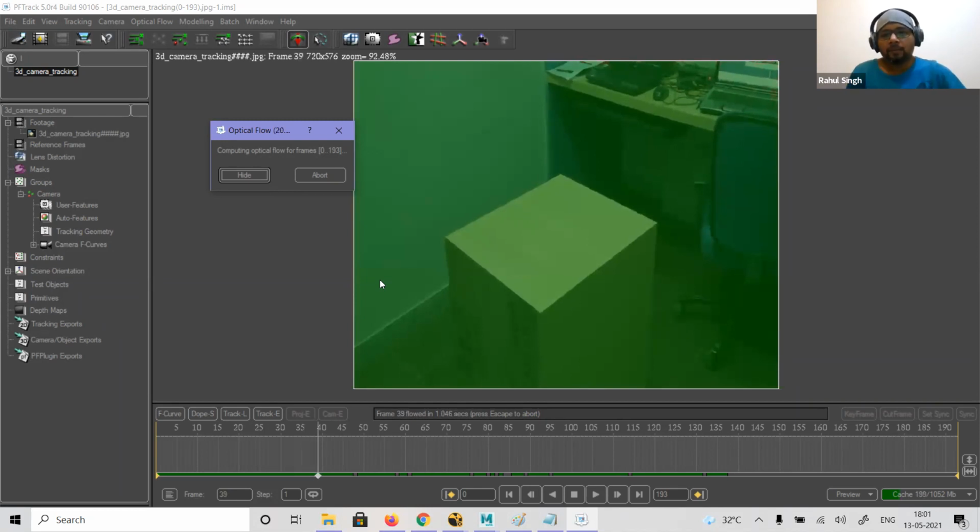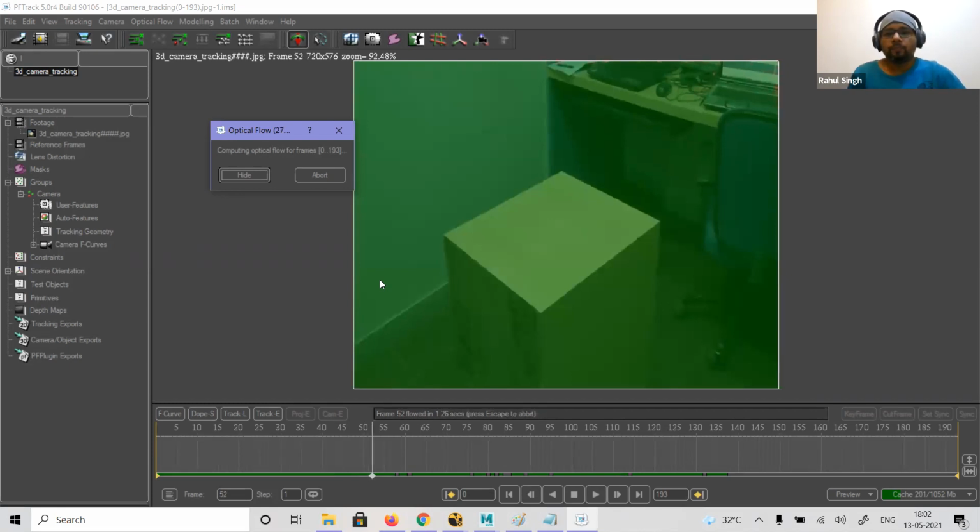It does take a lot of time, depending on how animated or how big the footage is; it will take more time to do the optical flow. So just wait for a few minutes.